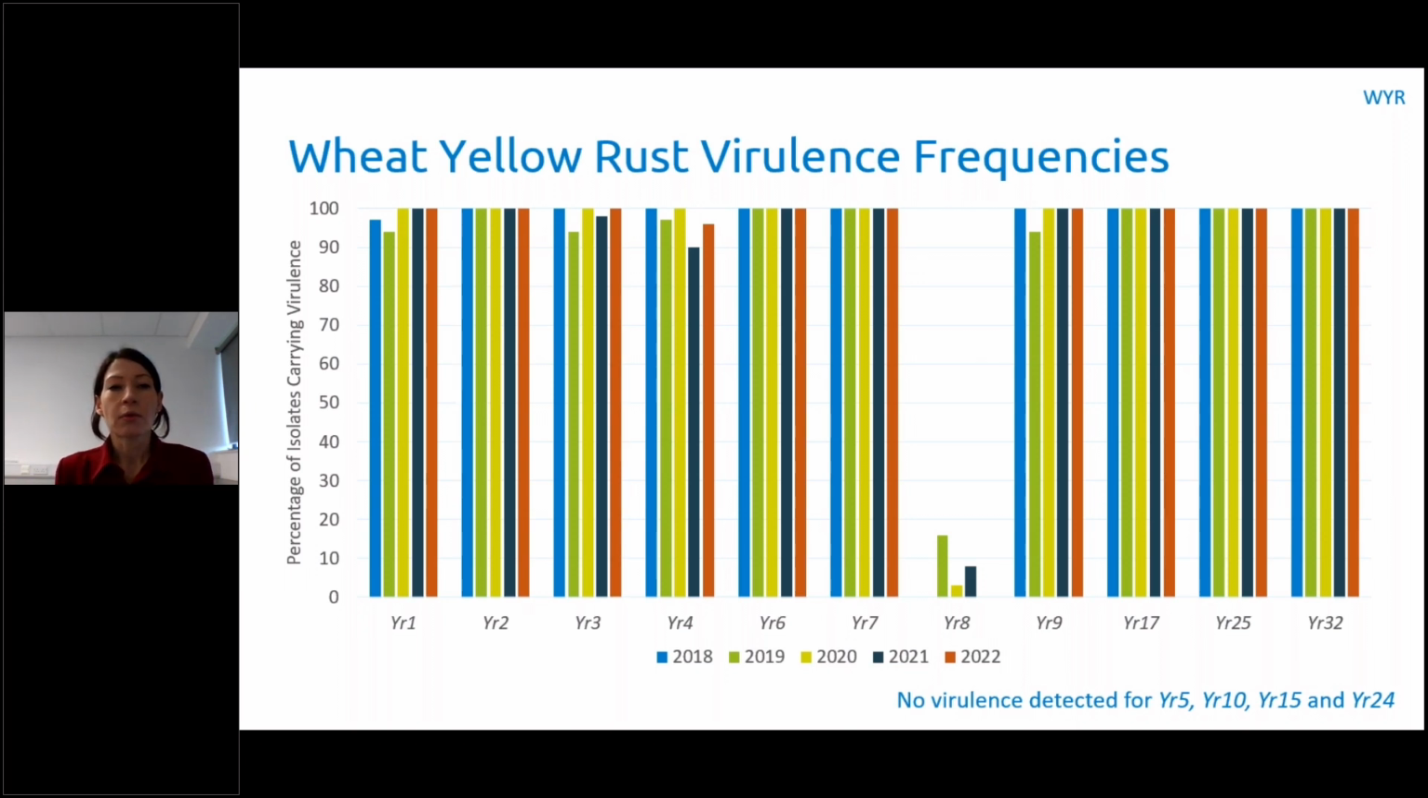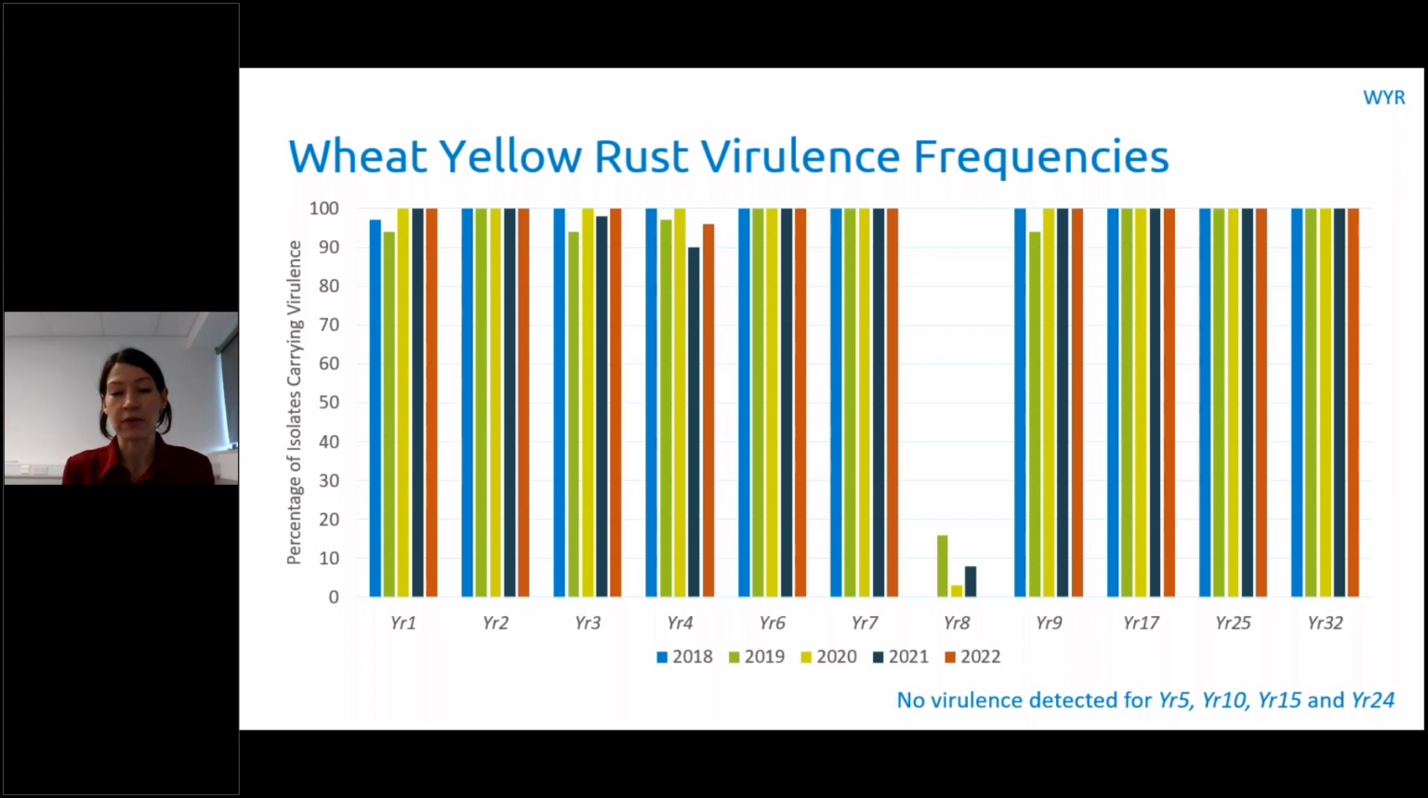So I'd like to go through the yellow rust virulence frequencies. These are the seedling test results, and this chart is the percentage of isolates carrying virulence for the main resistance genes. So very quickly, YR1, 2, 3, 4, 6, 7, 9, 17, 25 and 32 all remain very, very high in the population, as it's